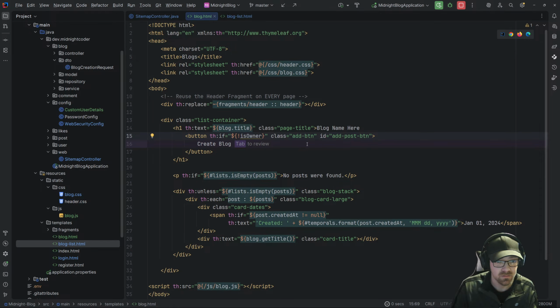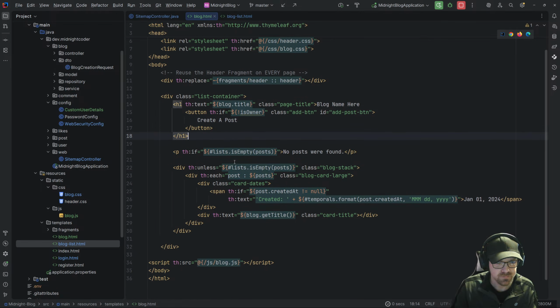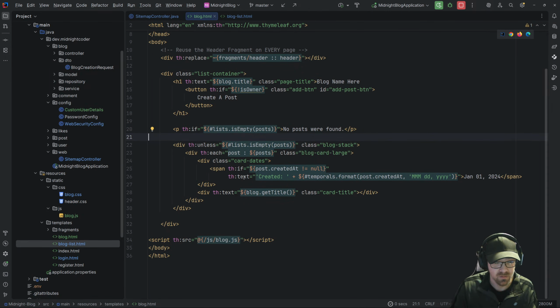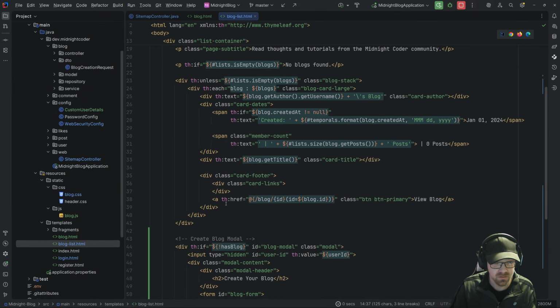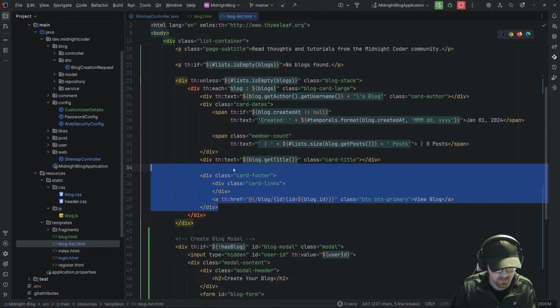because we'll do that later. Okay, so this is going to be create a post. And so long as the posts are not empty, if the posts are empty, we're going to say there's no posts found. Otherwise, we're going to go ahead and list those posts. And we're going to do that in the same way that we did with the other one. Except I do want to come down here and copy this footer,